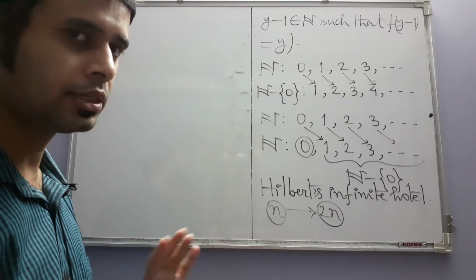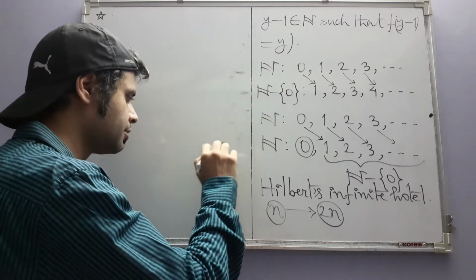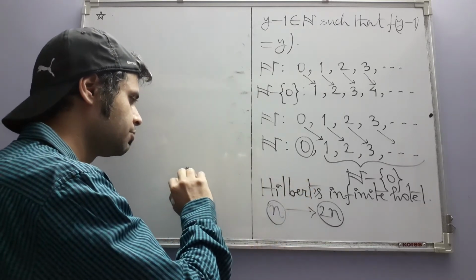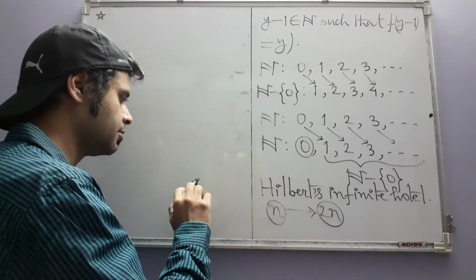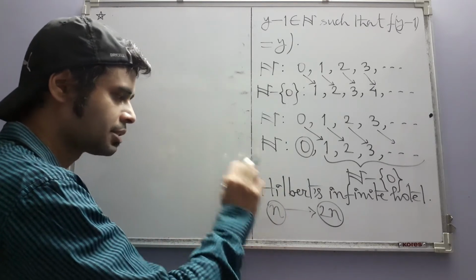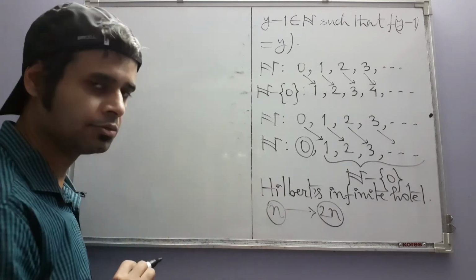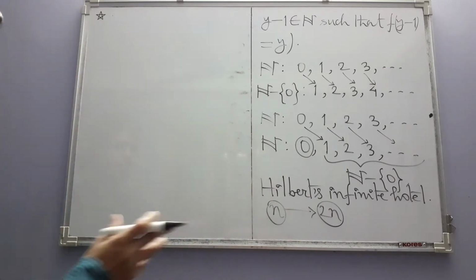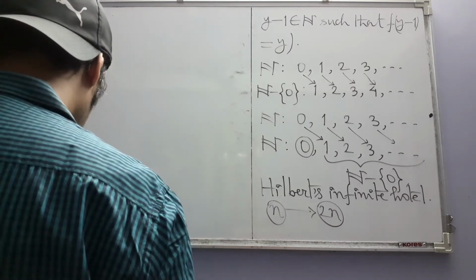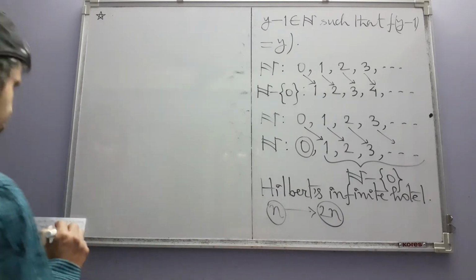Okay, so these two things are actually equivalent. If you have an infinite set, then there will be a proper subset with which it will have a one-to-one correspondence, and conversely, if you find such a proper subset of a set with which it has one-to-one correspondence, then it must be infinite. Okay, so that itself can be used as a definition of infinite sets because of this reason. So that's why the author writes,